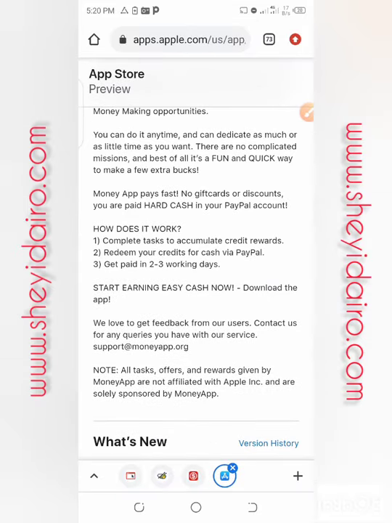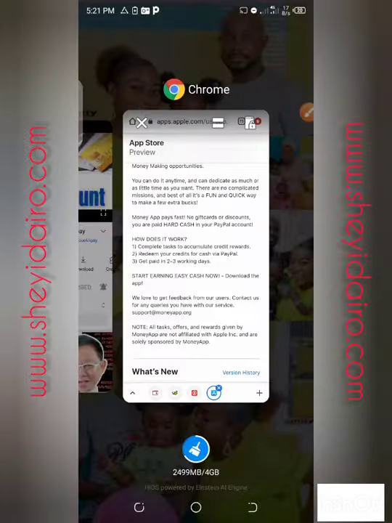I'm just sharing this opportunity with you, and I believe that you can also do your research about this and make use of the opportunity to do something. There are still legit means of making money online. Do not involve yourself in any kind of fraudulent activities. If you are very smart, you will make your money on a daily basis.